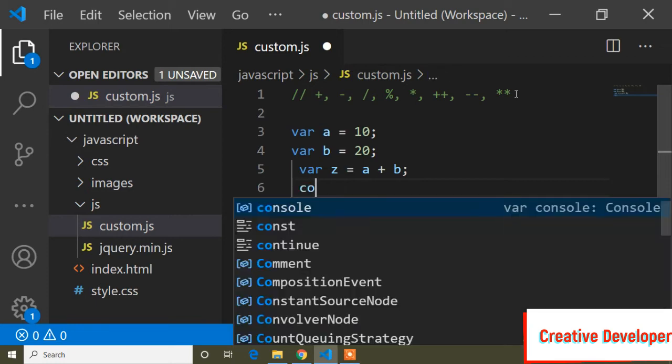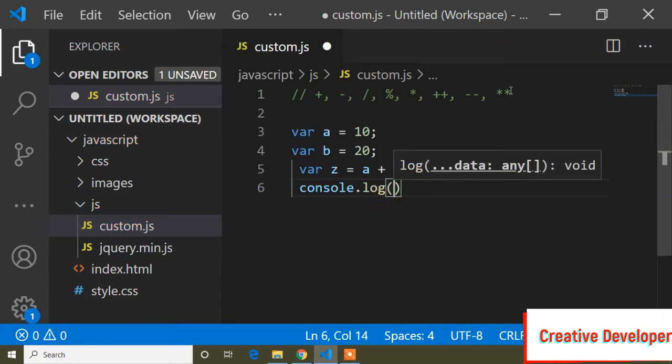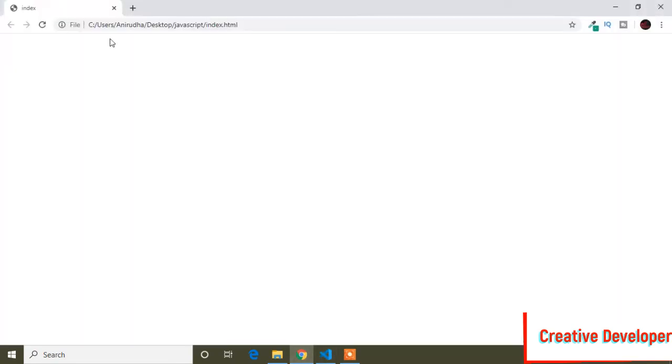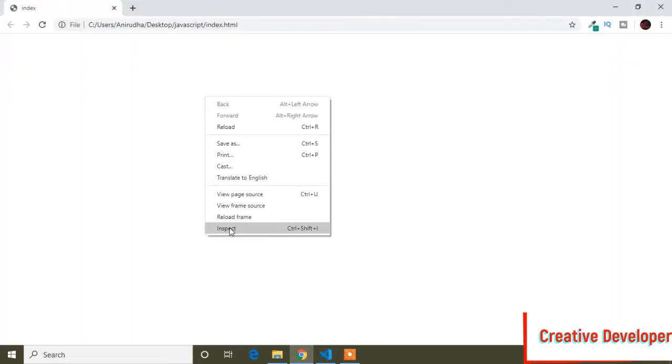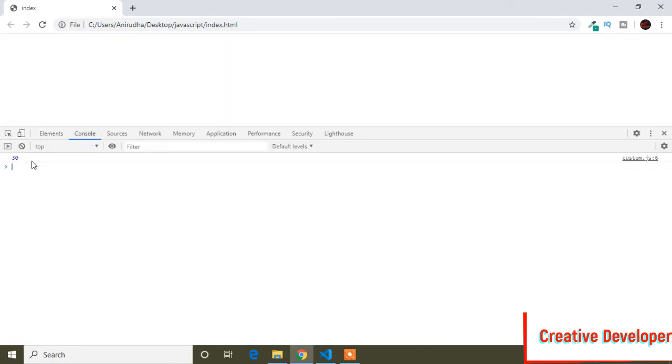Inside this console.log I can print z, because I stored the addition of a and b inside this z variable. Now I will show you the output. So here I will go to inspect and console. You can see it's showing 30.